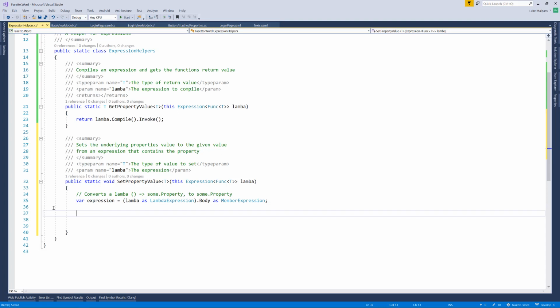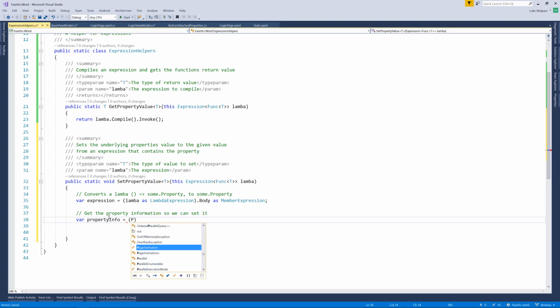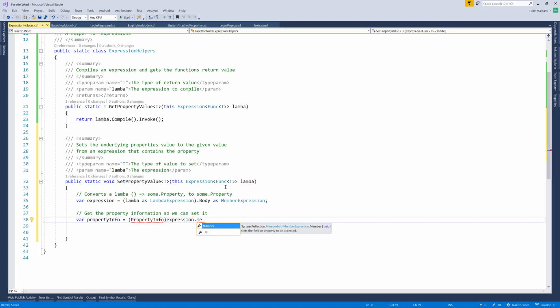Then from that expression we need to get the information about the property, because the only way we can set this property now is through reflection. So get the property info so we can set it. So property info is property info of the expression member. So the member of the expression is the property itself, because that's the member. So we get the member like that,